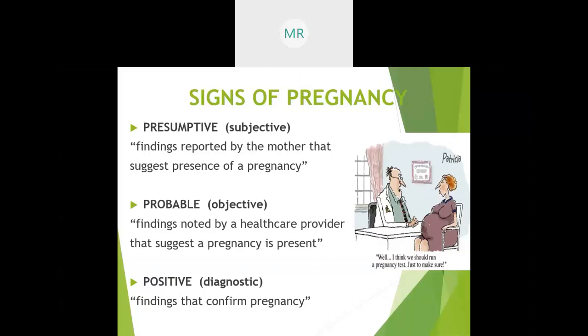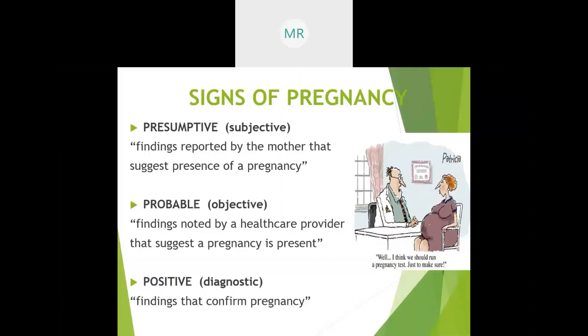The picture to the right is really funny, because obviously she looks pregnant, but then he says, well, I think we should run a pregnancy test just to make sure, because subjective is everything that she's telling him. Findings reported by the mother that suggest the presence of a pregnancy could be amenorrhea, missing one or more periods, nausea and vomiting that mom is telling, so it's subjective, she's reporting, fatigue, breast changes,